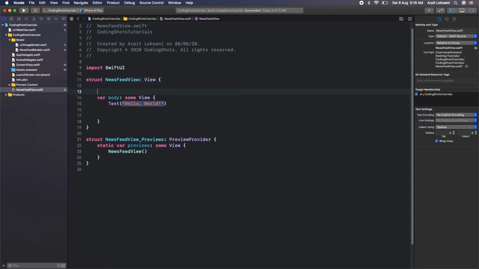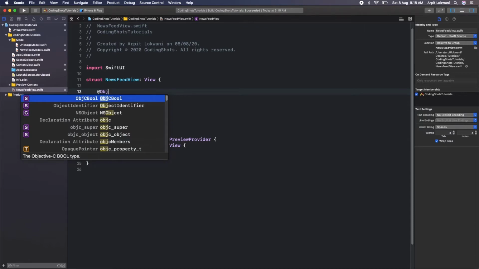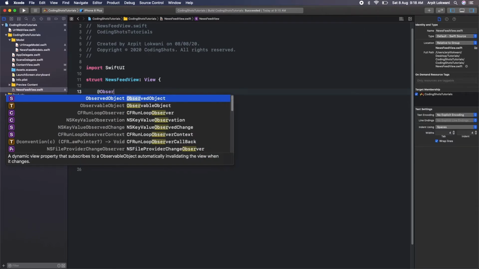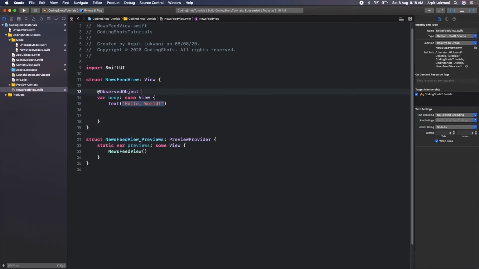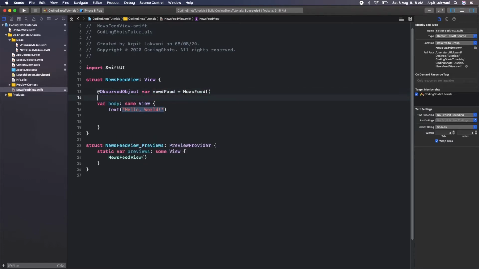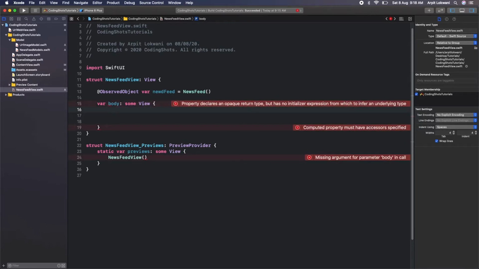So first I am planning to create a variable. Okay, an observed variable, which is a variable of news feed. Fine. Now in the computed property of body, we can start working on the UI elements, and we will see what UI elements we will need. So we'll start working on that in parallel.